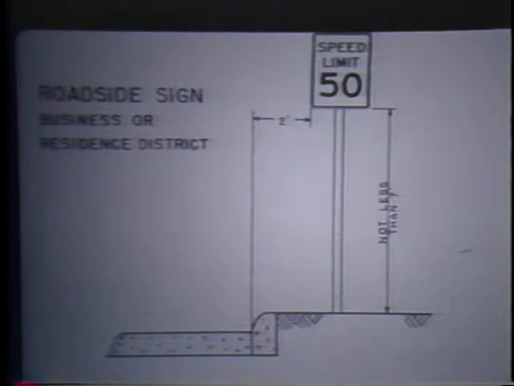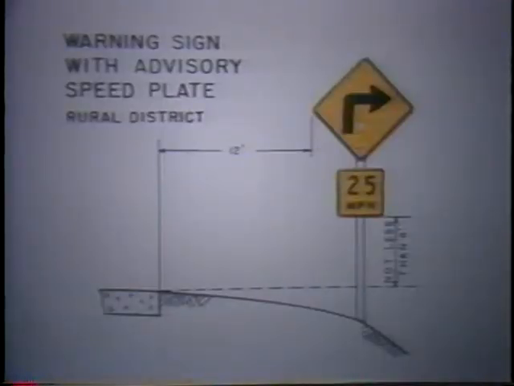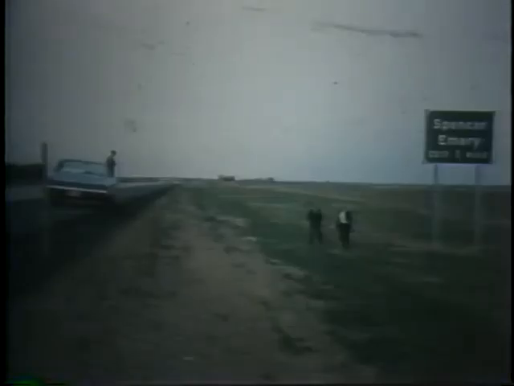Legibility should be ensured by placing the signs above the parked cars. When advisory speed plates are used, the overall signing assembly should be slightly higher. Signs in rural areas should be placed well off the edge of the pavement, improving the safety performance of the roadside. In these rural areas, there isn't much competition for the driver's attention, and the signs can be made large